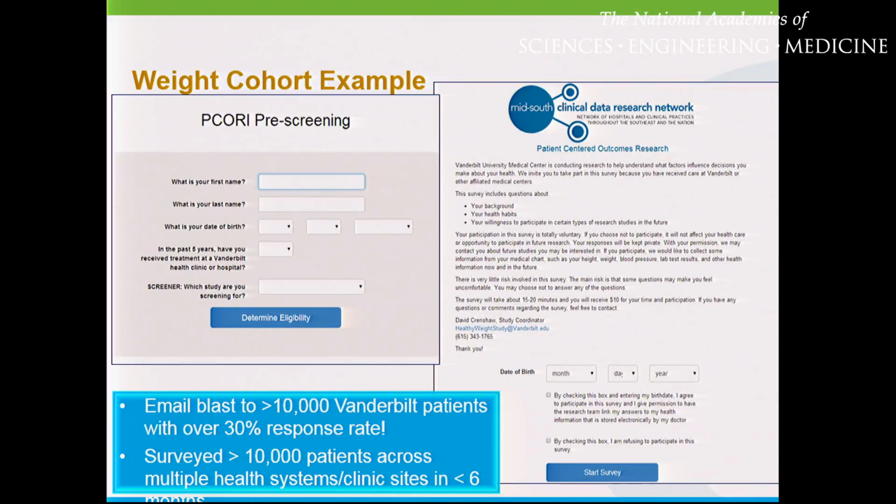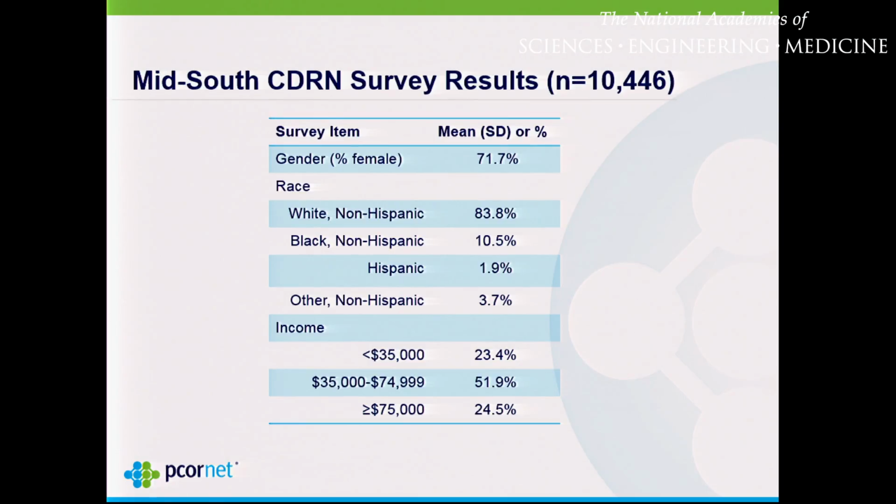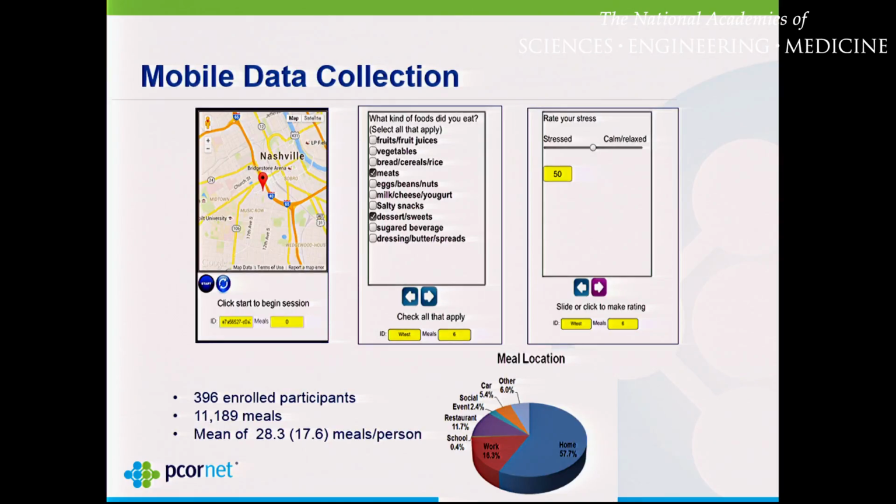And using this process, we were able to survey over 10,000 patients in a very short amount of time across multiple health sites. And we also, in a sub-study of that, took 400 of those patients and invited them to participate in a mobile phone study where for each meal, we linked to their GPS in their phone. We had them report what they were eating, and we collected some data about their emotions while they were eating. And you can see in a 2-week period, we collected data on over 11,000 meals, a little bit Big Brother,